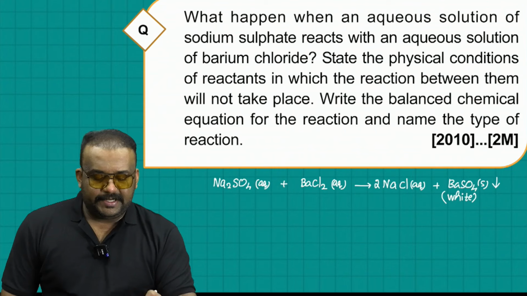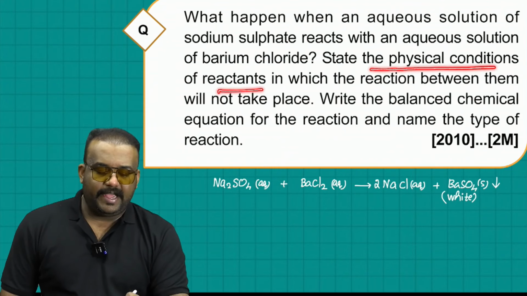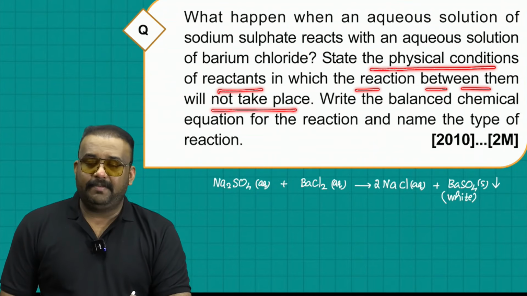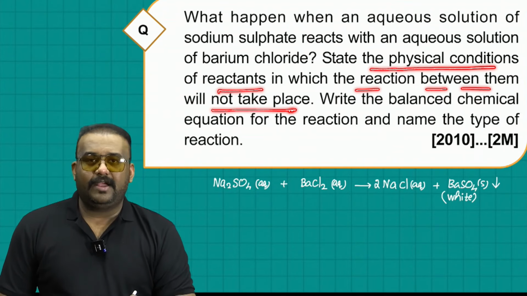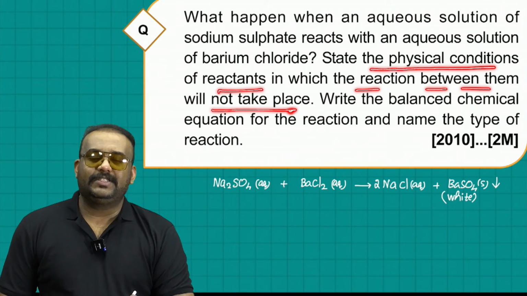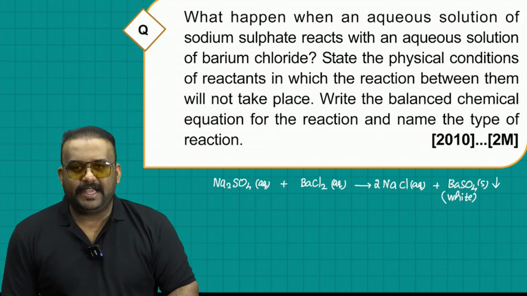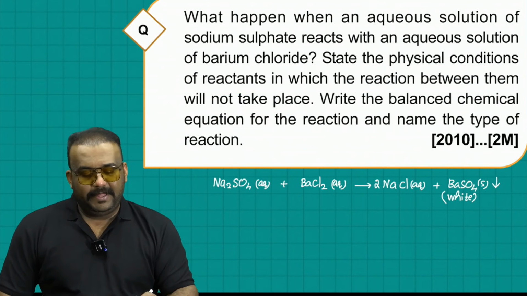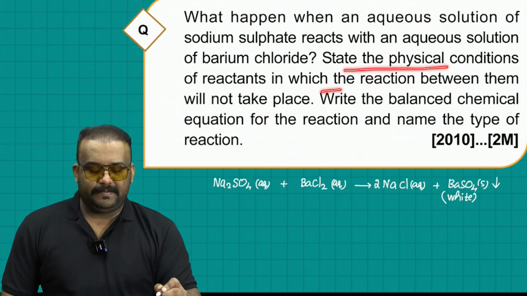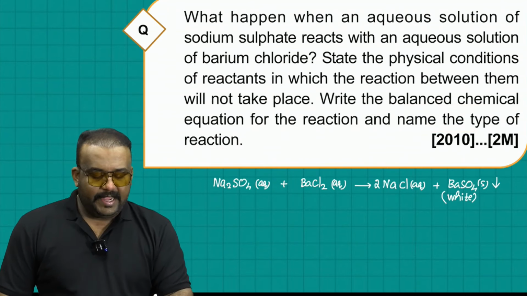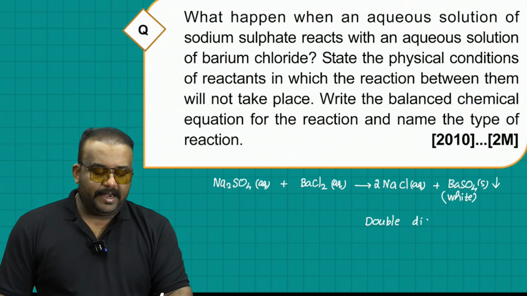So they are asking in this question, state the physical condition of reactants in which the reaction between them will not take place. That means if they are not in the aqueous state, but rather if they are in the solid state, we will never see a double displacement taking place between them. So that will be the answer for this part of the question. And also write the balanced chemical equation for the reaction and name the type of the reaction. So this reaction is a double displacement reaction,